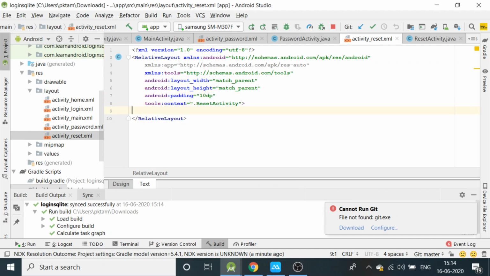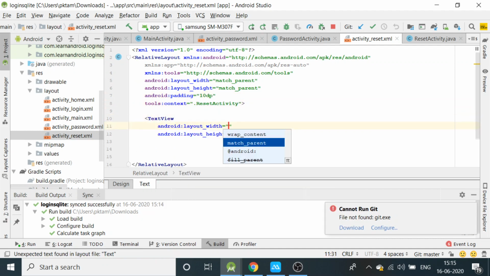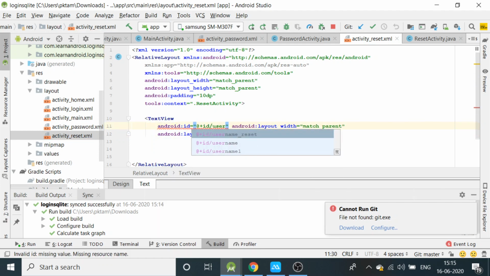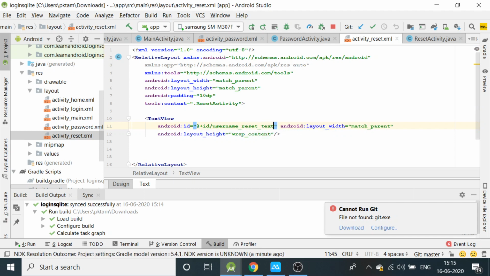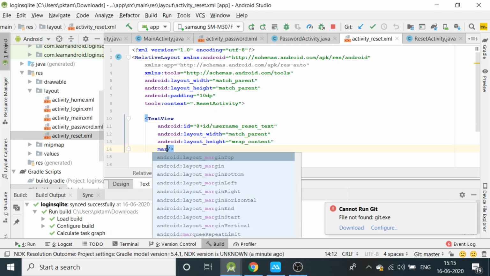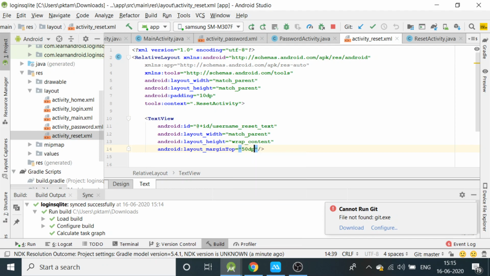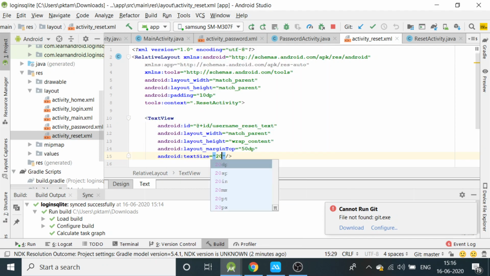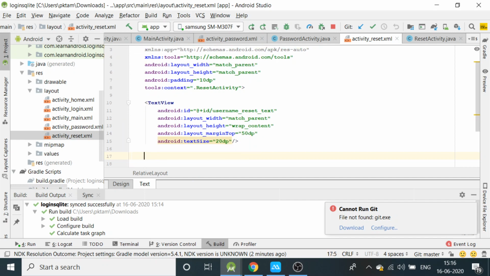Let us create a text view now, which should be match parent and height is wrap content, and let us define an ID username_reset_text. Then we can define a top margin here, 50dp. Then text size we will set as 20dp.